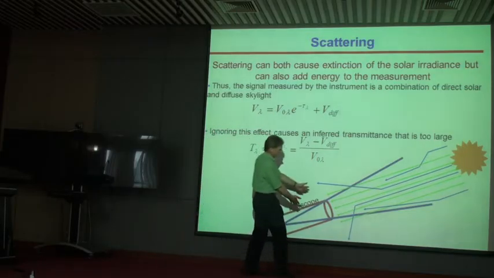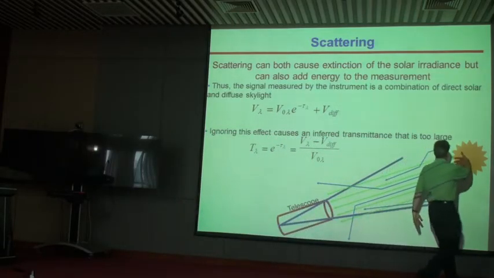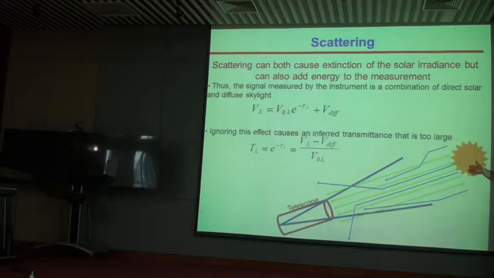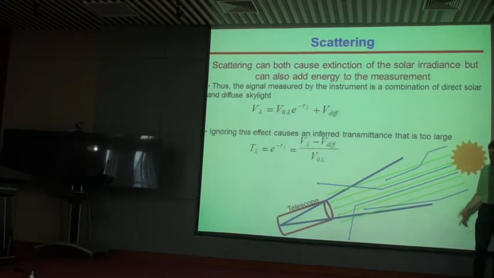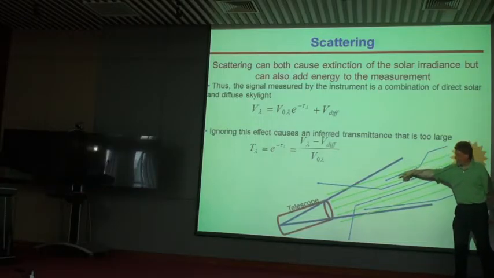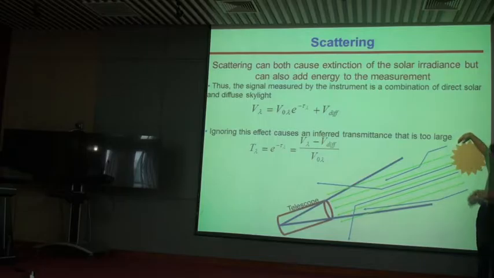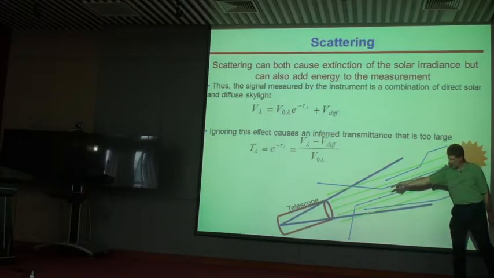And so we have this field of view that is only trying to get the sunlight, but at the same time, we're getting light that's scattered out, and that's not good. That's actually what we're trying to get in terms of the transmittance, but you have light that's scattered in. So it's light that's coming from around the sun. You even have the light that's forward scattered from the sun. That's the biggest error source we have, is most of the scattering will happen in that direction heading towards the